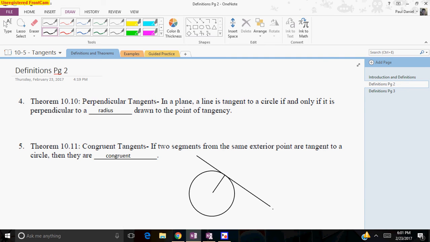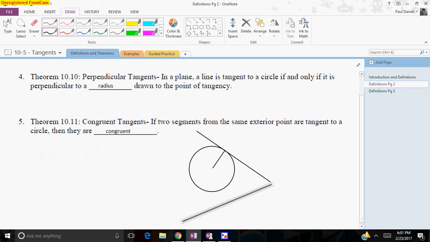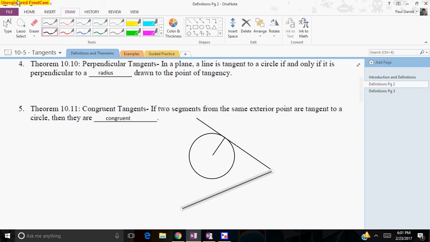Okay, so if I have some other segment coming from out here, and we let it be tangent. Okay, let's say that they're both starting at the same point. Then what I can tell you is